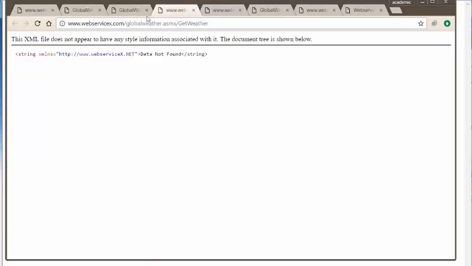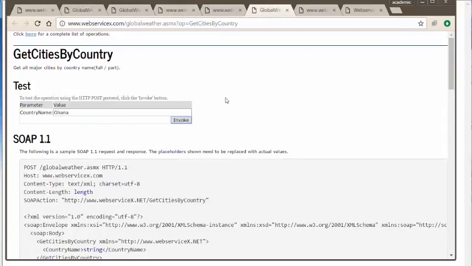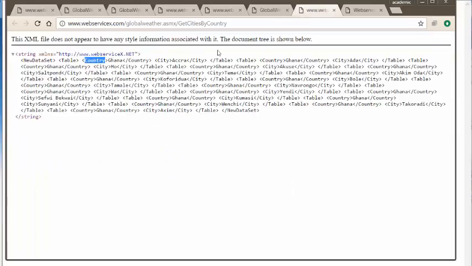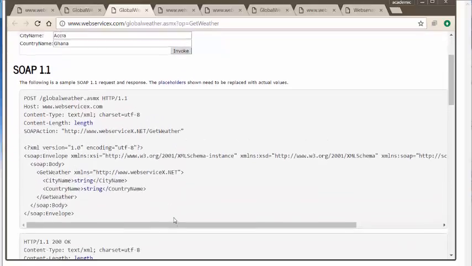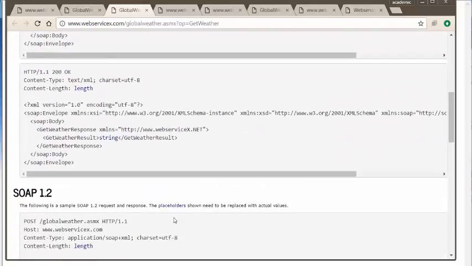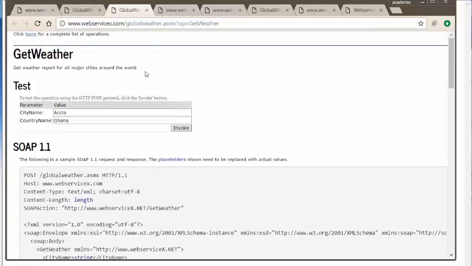Does not appear to have a style. Oh, why don't I have... Okay, usually I should be able to get my city. I've got my cities. I should be able to pass to it the two strings and get back my result. I don't know why it says it can't find. Okay, let's try another